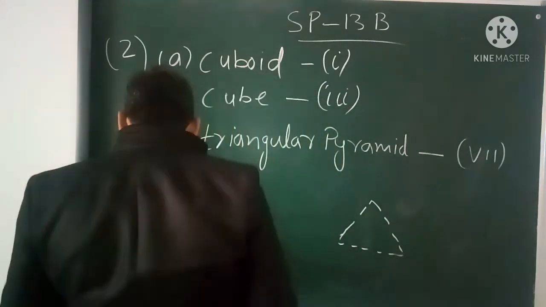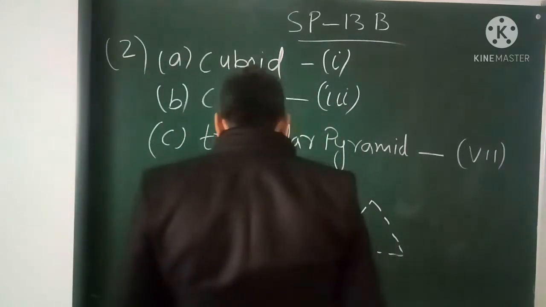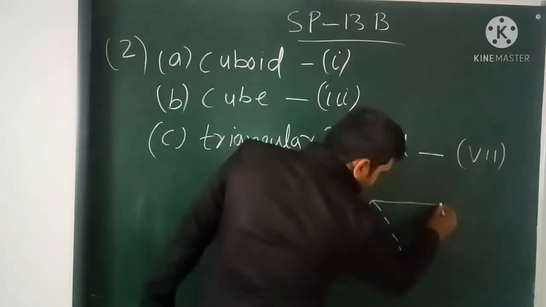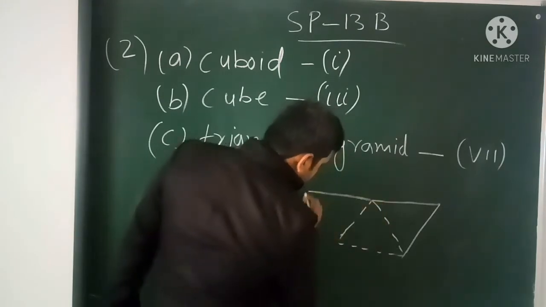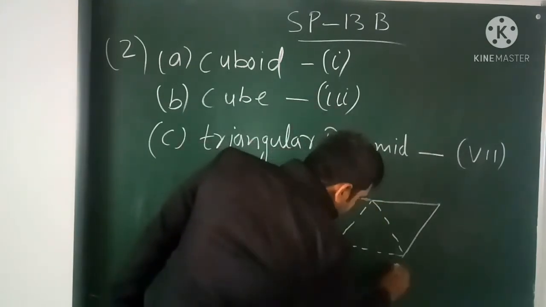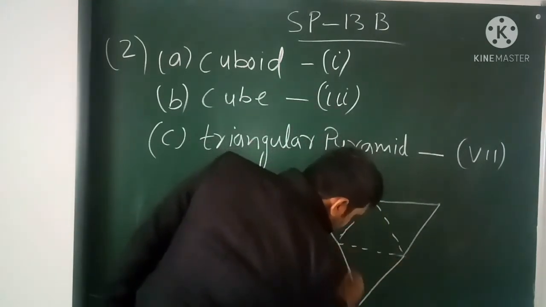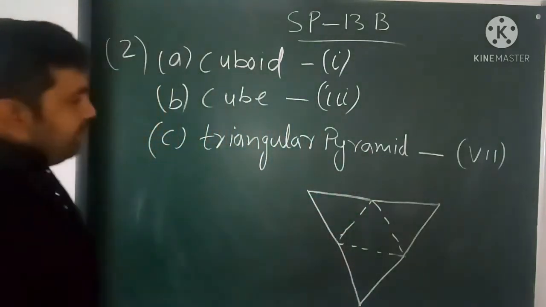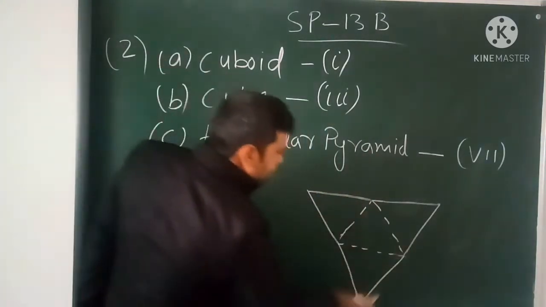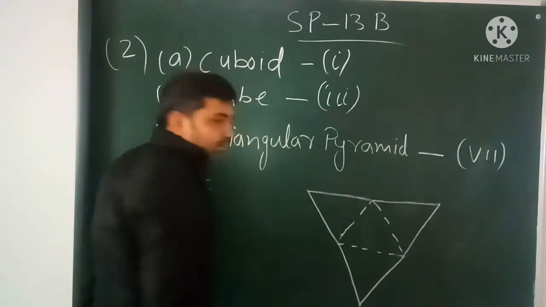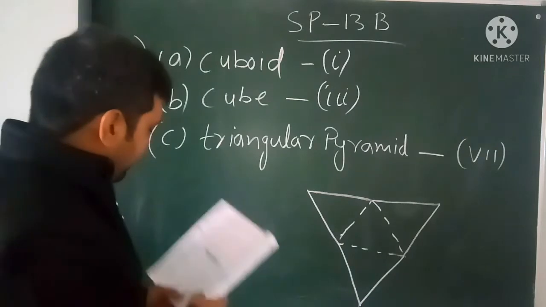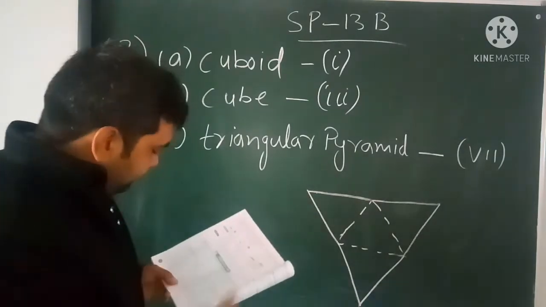And on each side 3 more triangles are there. That is the one triangle. So this is the net diagram of the pyramid. So all these triangles will be folded, and these 3 triangles on the edges of this dotted triangle will meet at a common point, that is called the vertex.